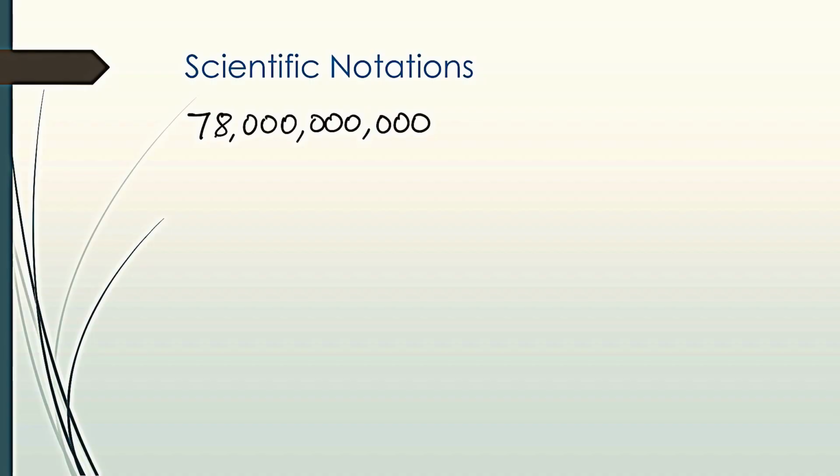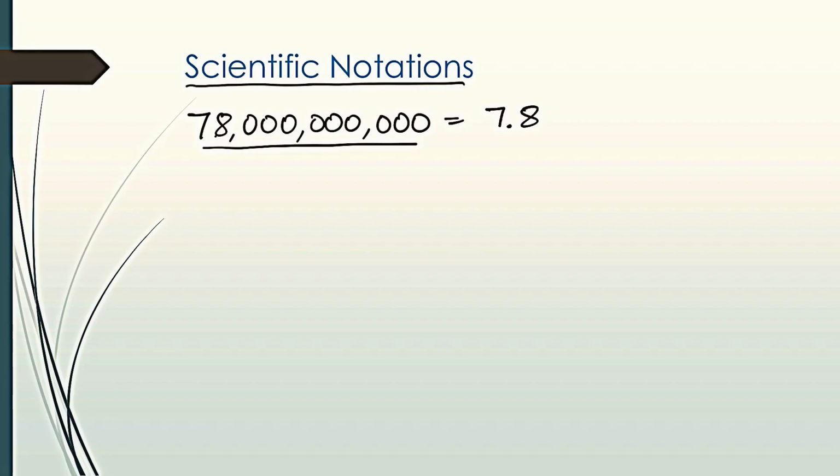The first concept we are going to talk about is that of scientific notation. Scientific notation is basically a way to take some really long numbers, like 78 billion, and condense them into a smaller form. We do that by first taking a decimal and writing it right after the first whole number. In this case, my first whole number is 7, so I'm going to write 7, put my decimal, and put